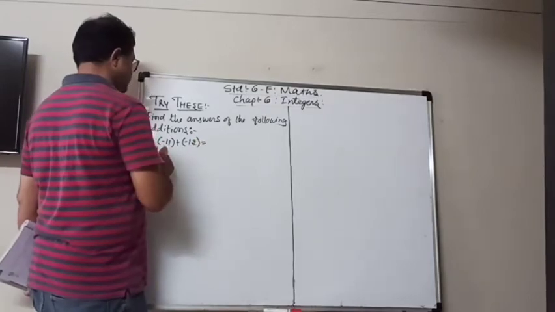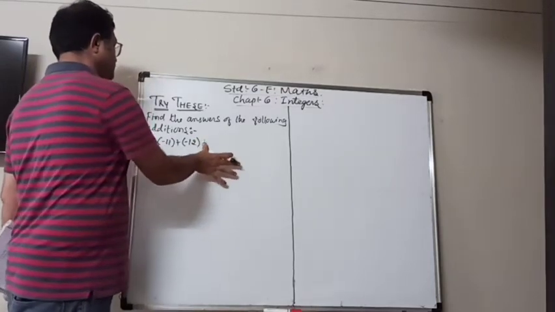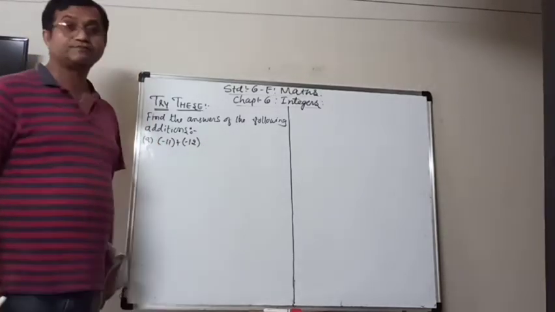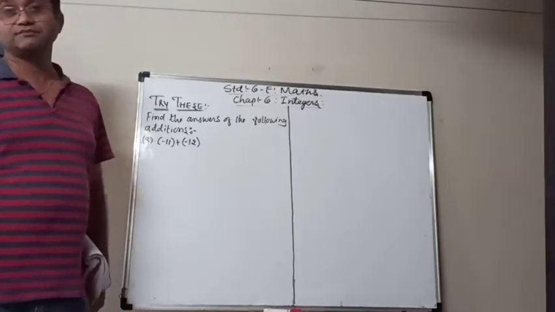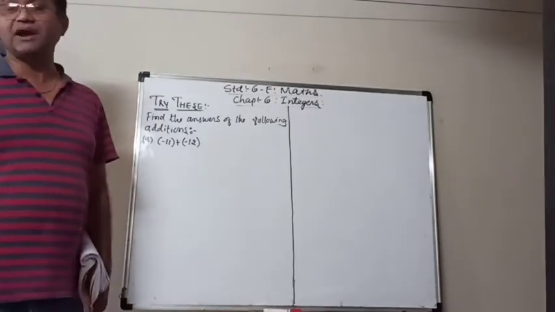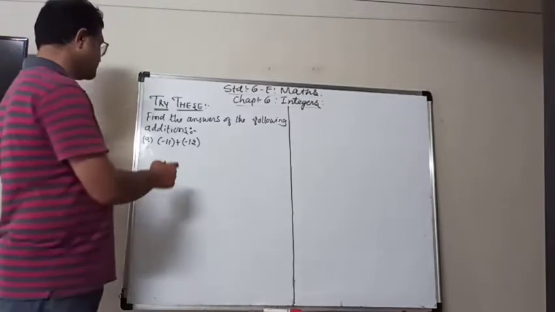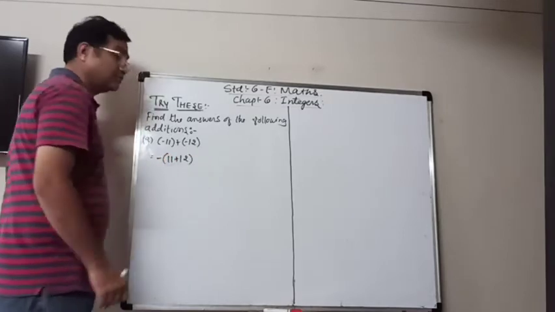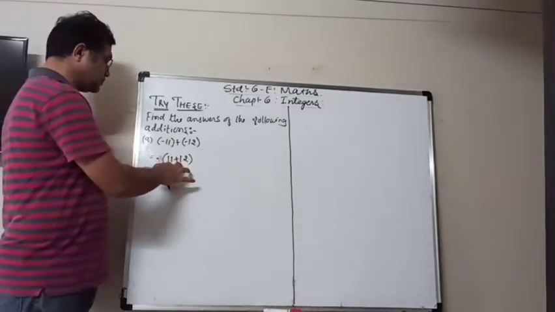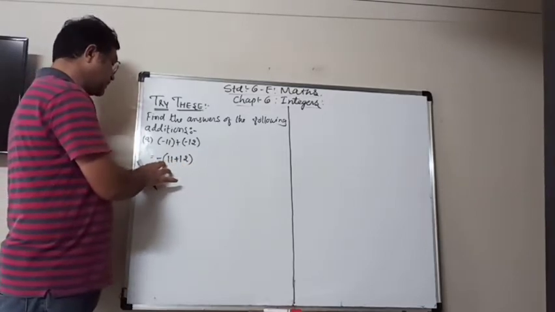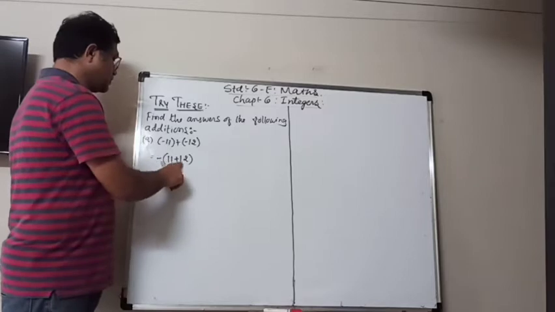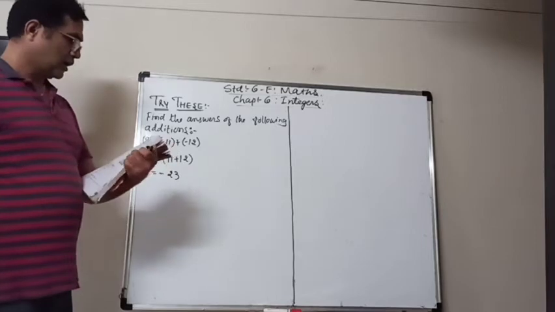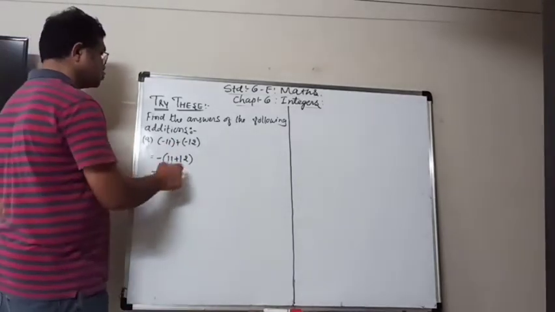So now here we learn today that when both the numbers are negative, what do we do? Add or subtract? We have to add the integers and give the minus sign. So it is equal to minus, 11 plus 12. We add them without the sign and then give the negative sign. 11 plus 12 is how much? 23. So our answer is minus 23.